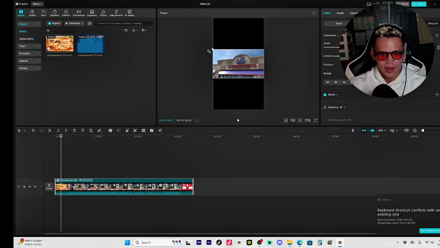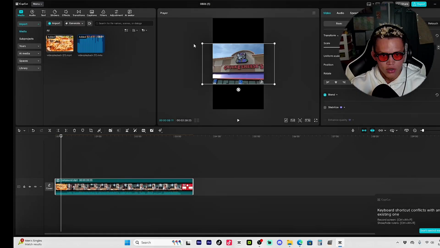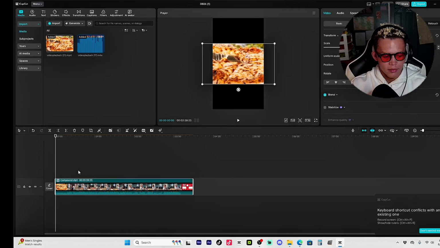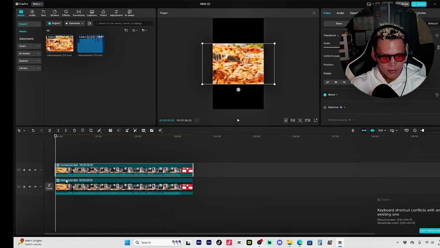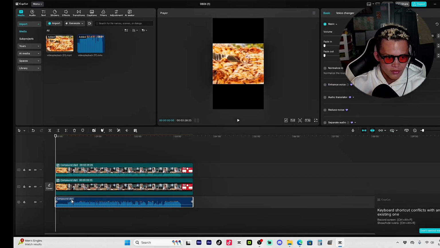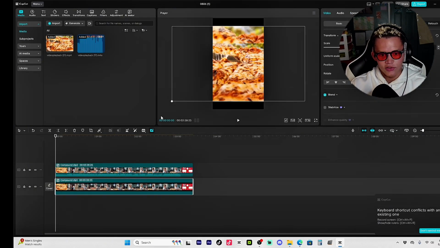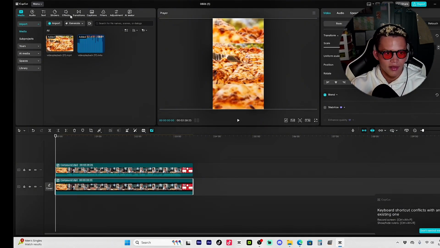But the first thing you're going to do after your clip is in here, let's actually get to the tutorial, is size it up a good 40% or so. Make sure you can still see him. You can still see him good, but you're going to size it up, and then you're going to duplicate the clip. And then this bottom one, we're going to extract the audio, delete the audio, and then size this one up to fit the entire screen.